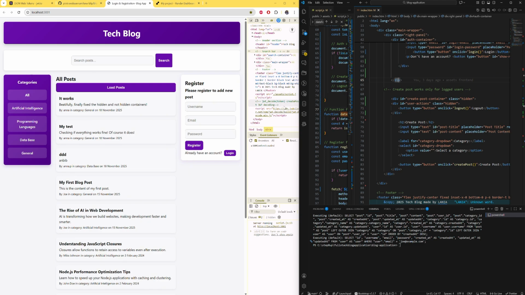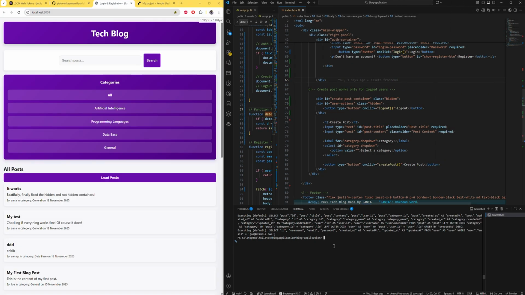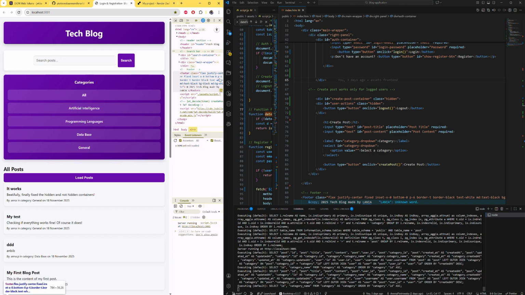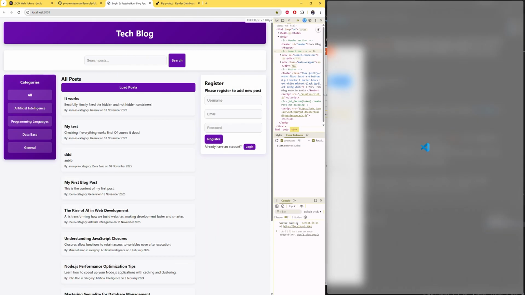So works on Render, works on localhost. Yeah, I added probably too much because I was debugging, so the console log will show you a lot. So the server is running. Let me refresh the page. It's still... oh yes, I did